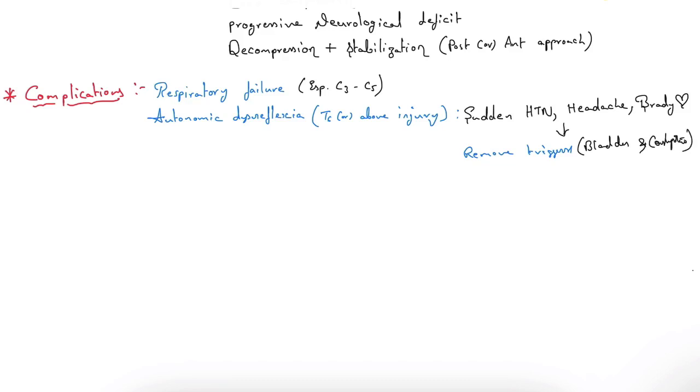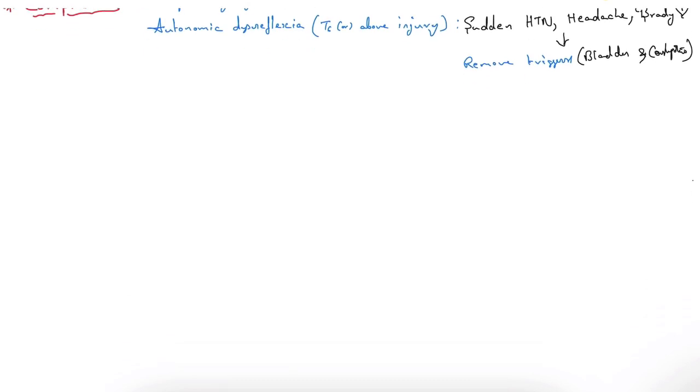Next one, if a patient has a spinal cord injury and we are not moving that patient, then the patient can develop pressure ulcers, because we are always keeping that patient in the same position, like supine. Because of the body weight, it will cause poor perfusion of the blood, and because of that, that part will get ischemia and then it can lead to ulcers. Okay, and we can see urinary tract infections, complications like spasticity,